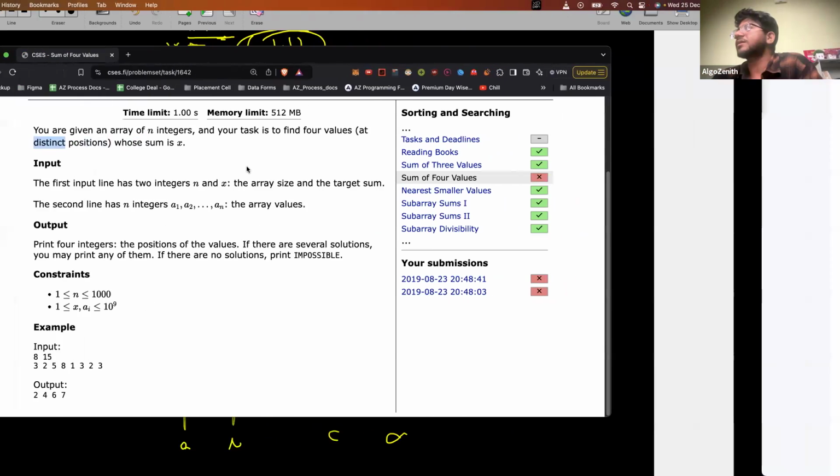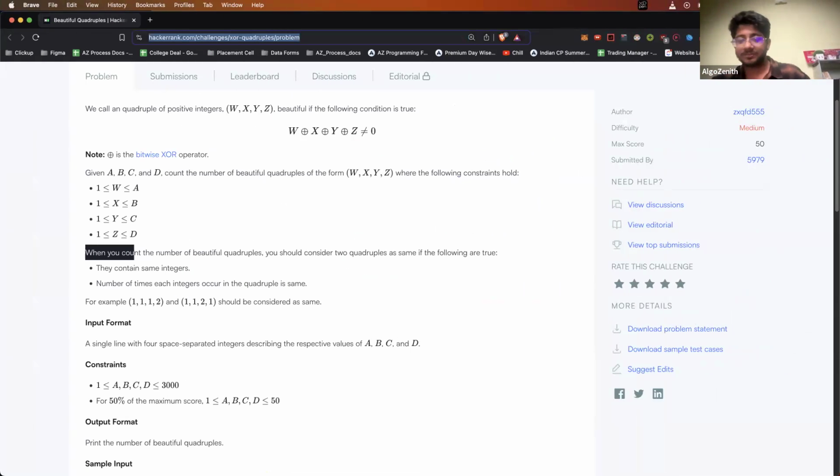CF प्रॉब्लम लिंक, CF नहीं था, हैकर रैंक पे था. टोटल इज,